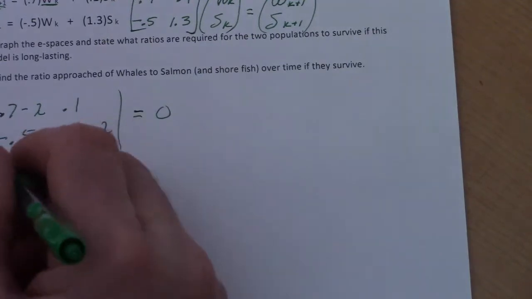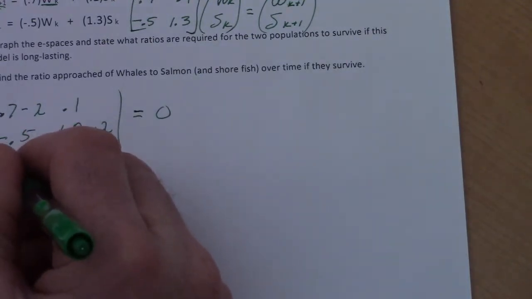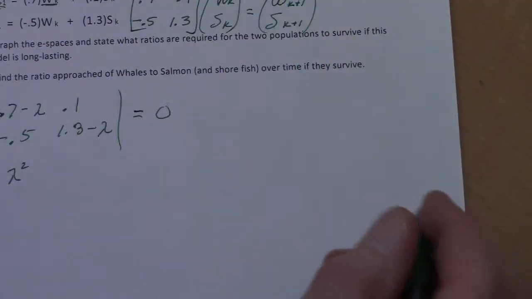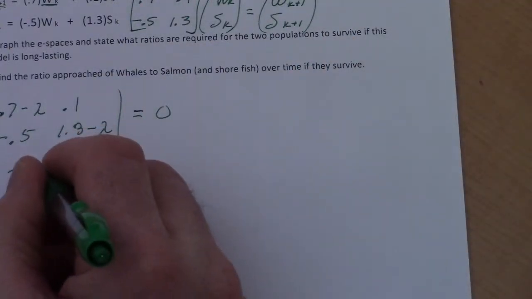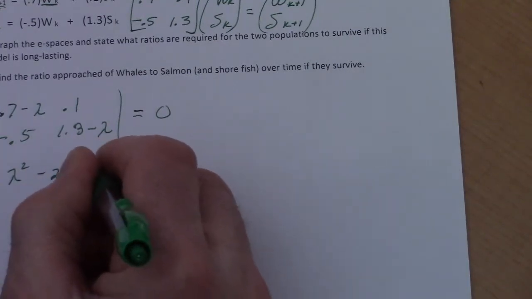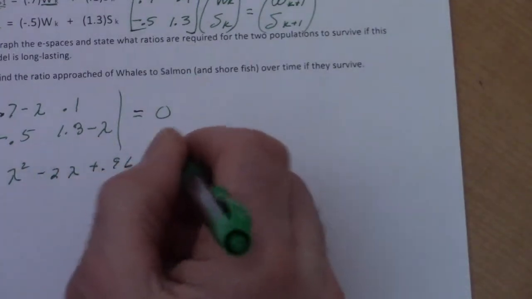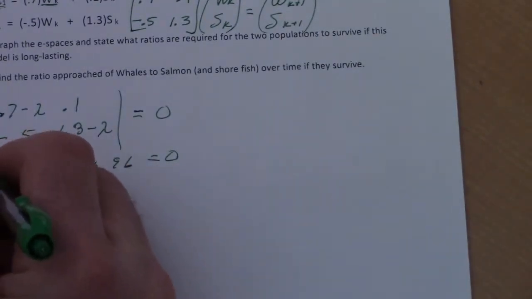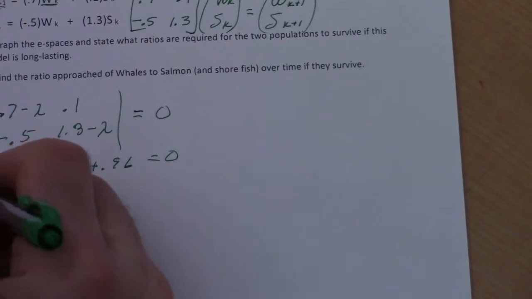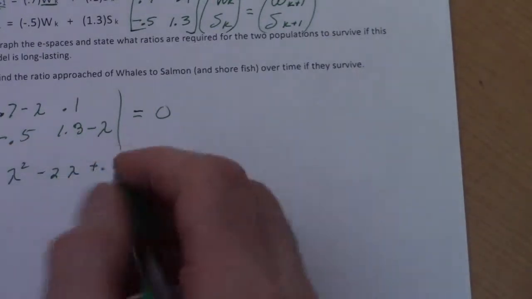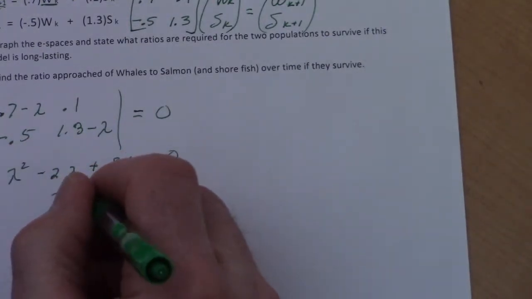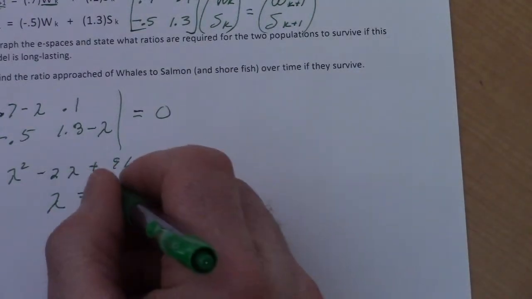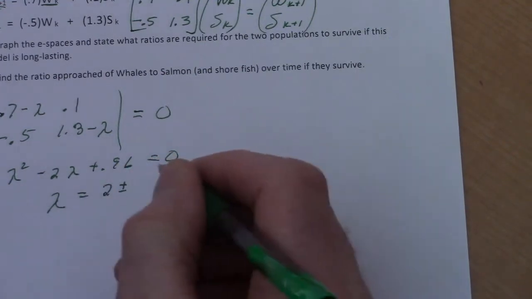With a little bit of calculating, I'm just going to skip that part, that goes to lambda squared minus 2 lambda plus 0.96 equals 0. That's going to be the characteristic polynomial, and that polynomial will give us our eigenvalues. If we use the Pythagorean theorem, we'll get 2 plus or minus